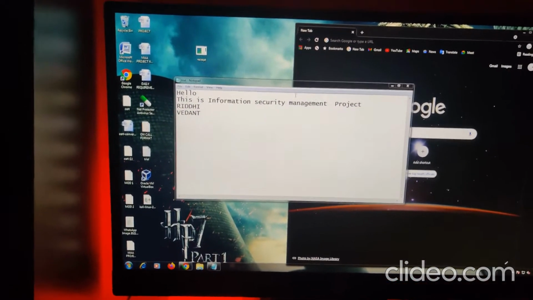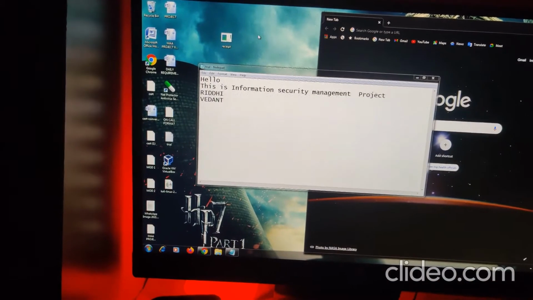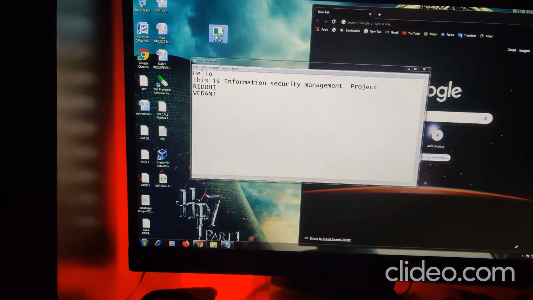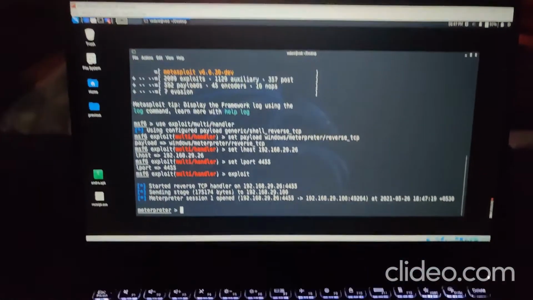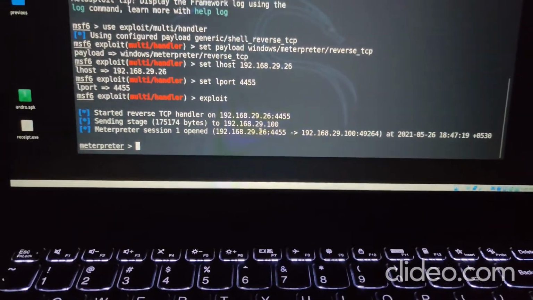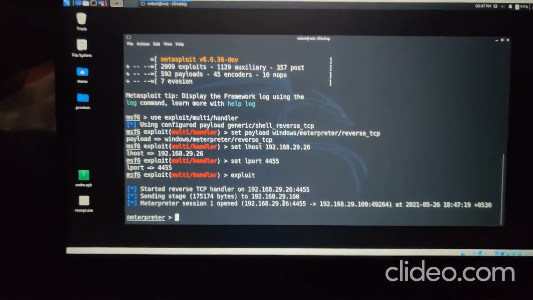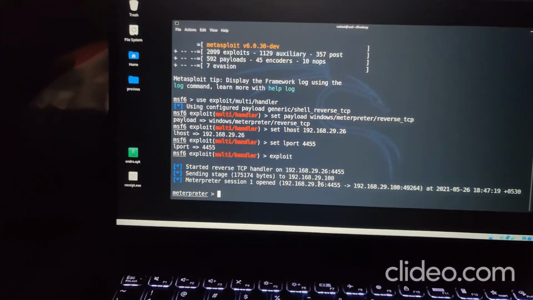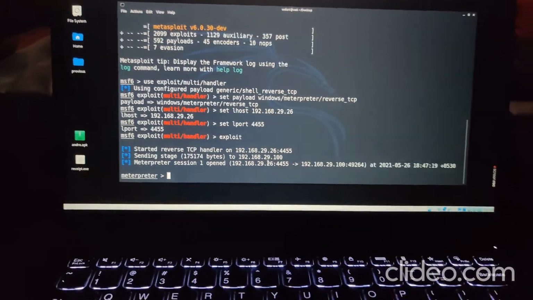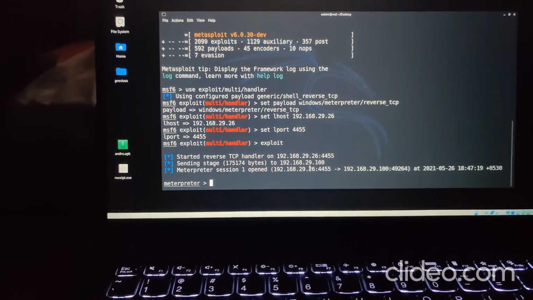But once the victim tries to open this receipt, we see that here the connection gets established automatically. So this PC is now fully under the hacker's control. For instance, let me show you.